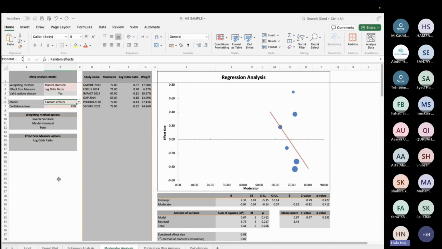Yes, inverse variance is for continuous. So Akmal, you're absolutely right. Let's say I was doing a regression, age regression with systolic blood pressure change, like you guys analyze. So then I would choose inverse variance. You should have a weighting method. First row जो है वो weighting method row होनी चाहिए, जो मेरे पास highlight हो रही है.